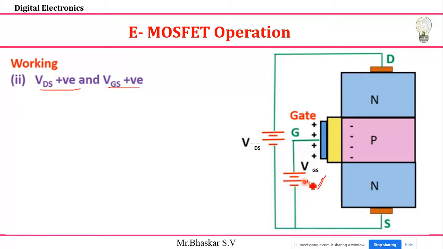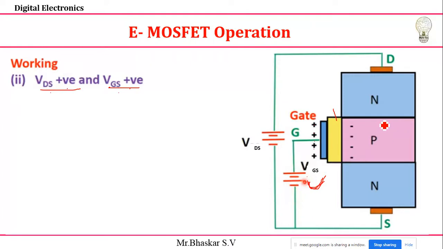Remember how it is operating. Once I increase the VDS value, positive, and the VGS value, positive, I'm applying positive here, you see plus plus plus plus. I already told you that in P type, the majority carriers are holes, which are positive charges, and there are minority carriers also, right? So because of the positive voltage here, the electrons present in the P type material will come to the junction of my semiconductor, that is the insulating silicon dioxide, and come to the junction here because I'm applying some VGS voltage.